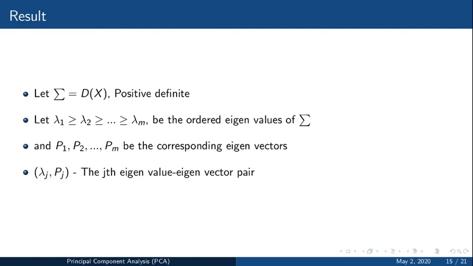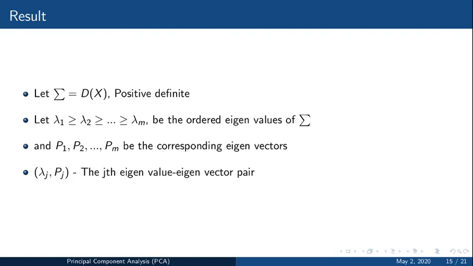We'll start off with defining, let sigma equal to the covariance matrix of the variables x. It's positive definite, that is, diagonal entries are positive, and the diagonal entries are lambda 1, lambda 2, etc. These are ordered eigenvalues of sigma.